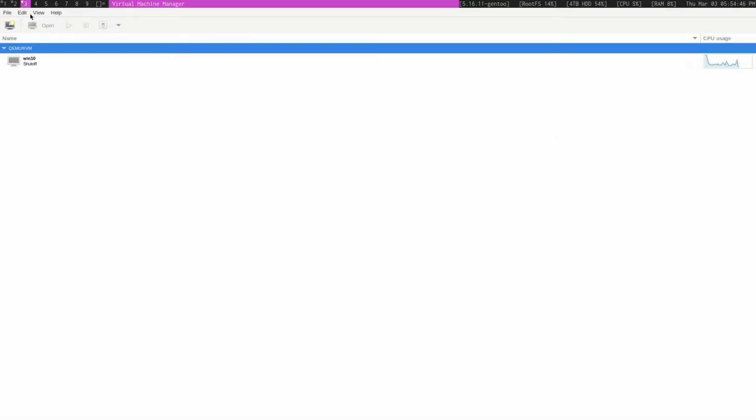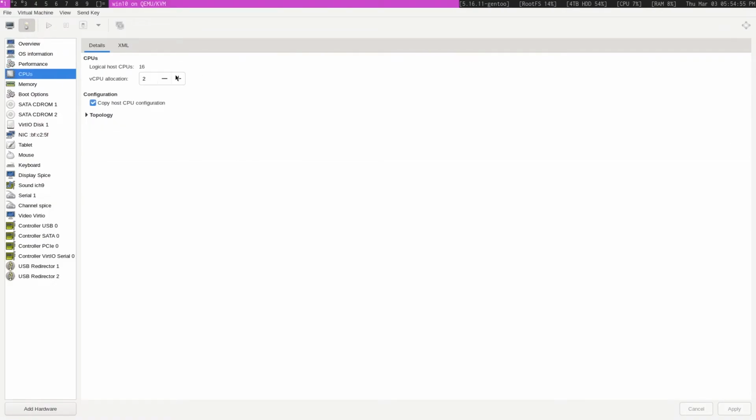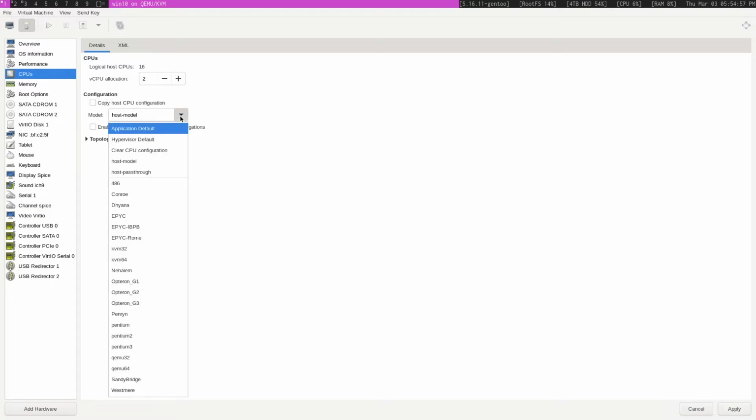So we need to go here, and we're going to go into the preferences. We need to enable XML editing. Oh, let's go to the CPUs real quick. So I'm going to change